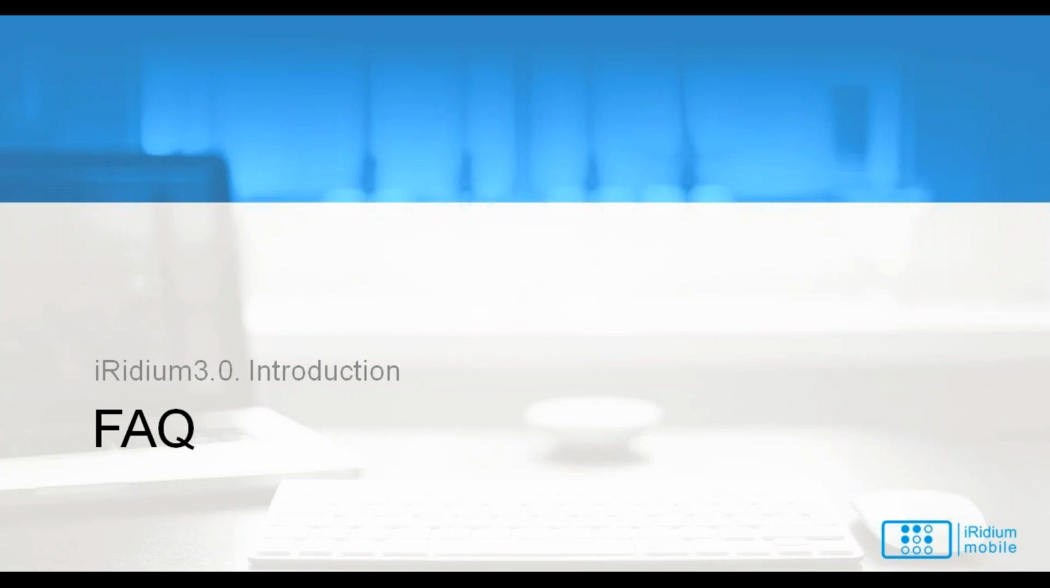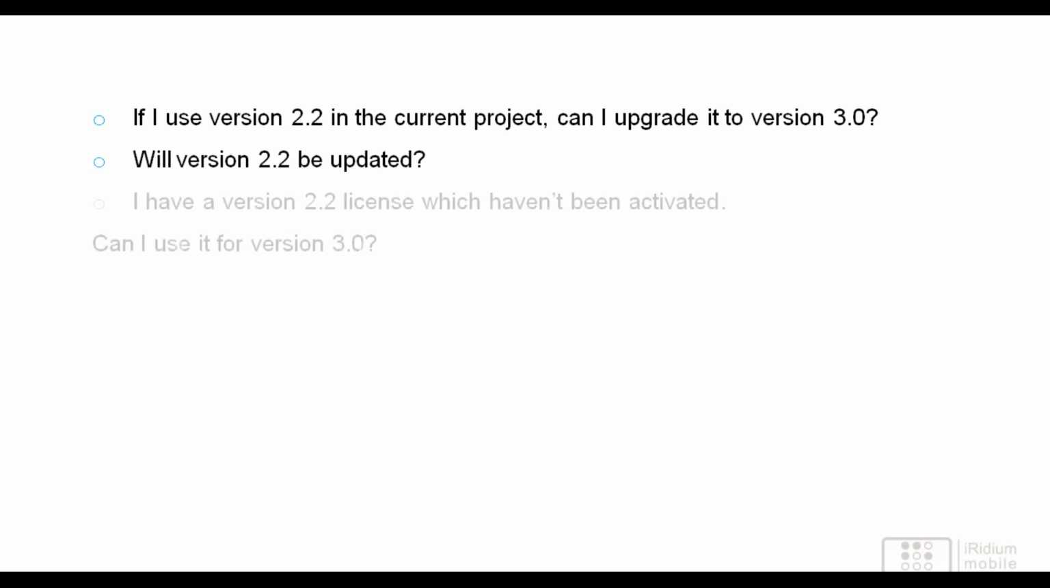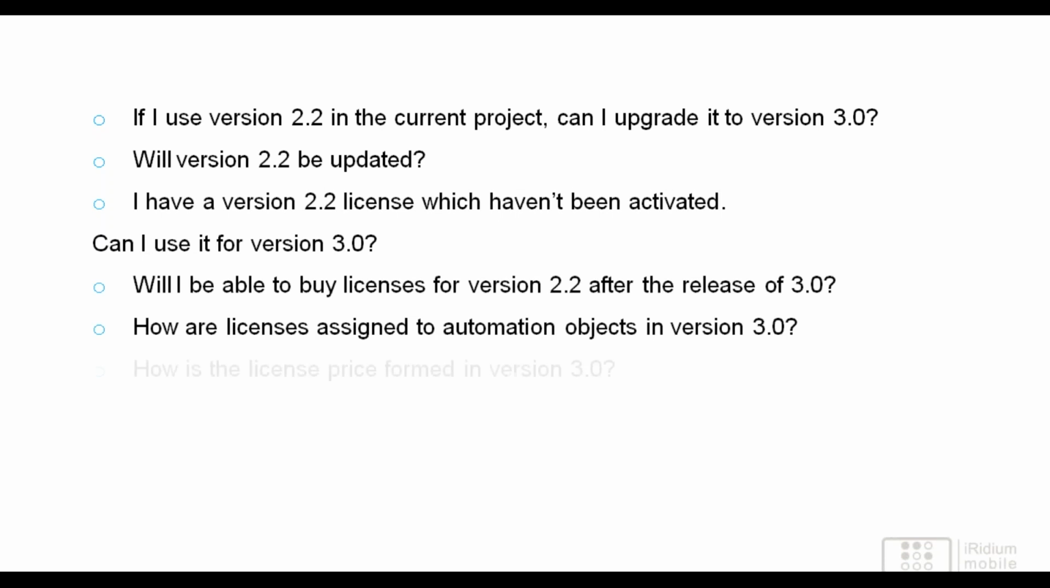Several questions also come to us from our customers in case of licensing. Here they are. First one, if I use version 2.2 in the current project, can I upgrade it to version 3.0? Yes, it's possible, but there are two parts of this question. First part is about the project, another part is about the licensing. You are able to convert a 2.2 project to 3.0,